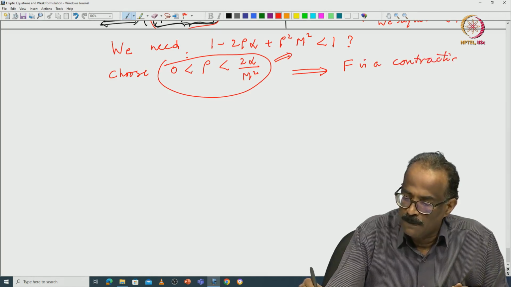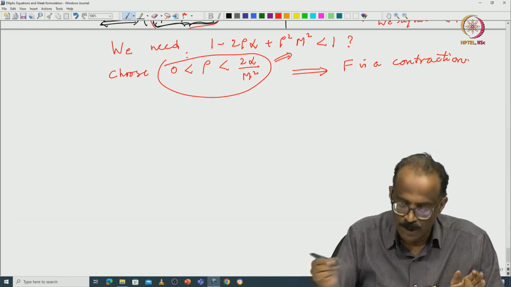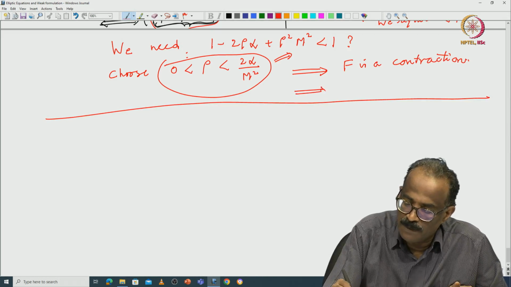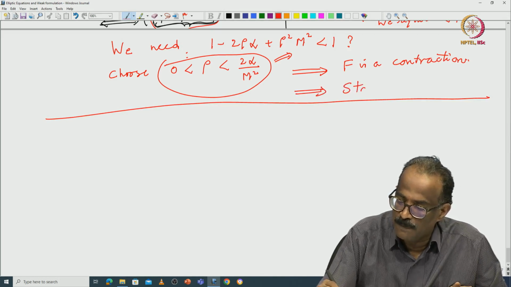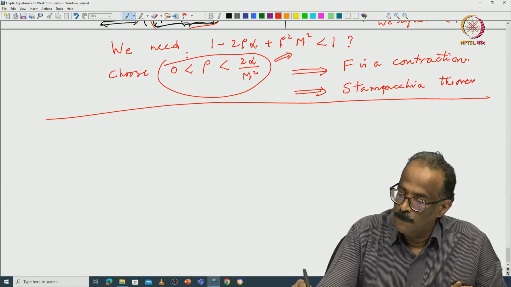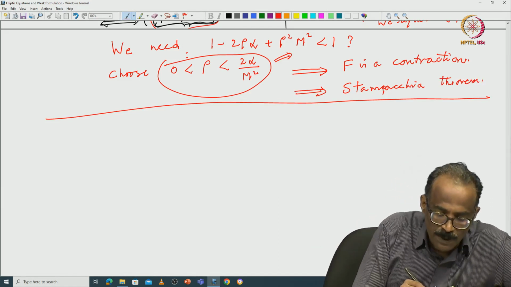Okay. F is a contraction and you get a fixed point, and you will get the Stampacchia theorem, that implies an inequality. Okay. Now, a simple corollary,